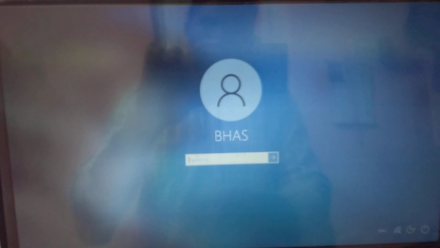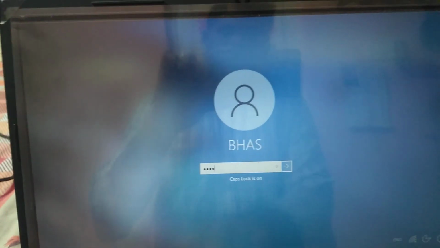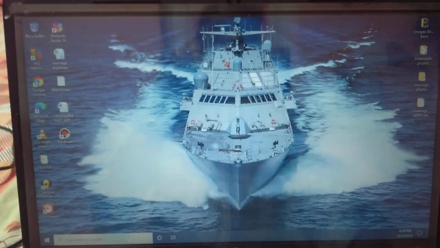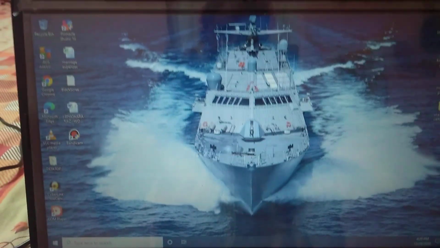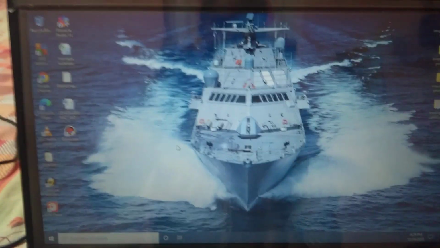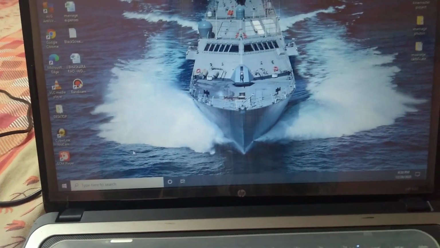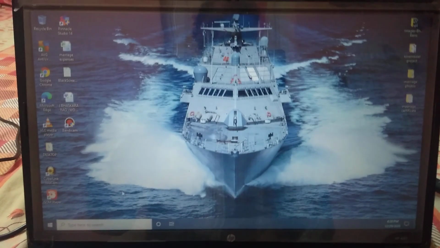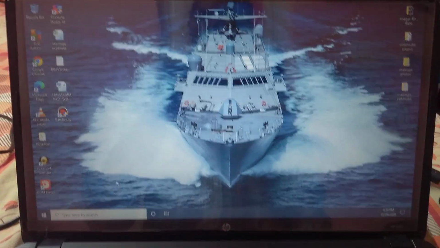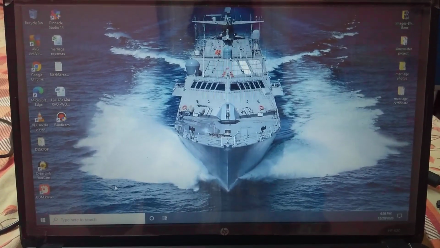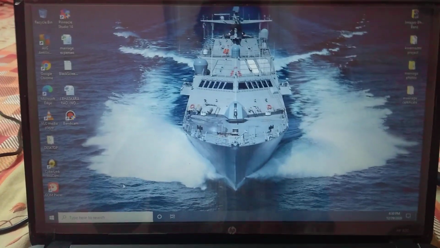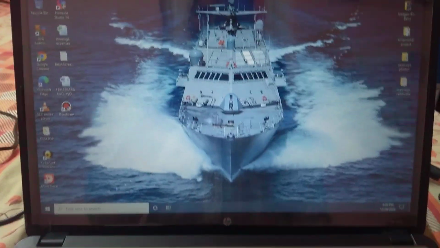I restarted my laptop. Now I am providing the password to enter the screen. Yeah, I am back, guys. One thing I would like to highlight here: I will go to my download section. I have taken some screenshots of the root cause of the issue when I was facing this same kind of black screen issue.